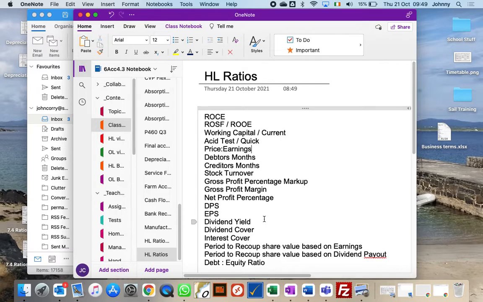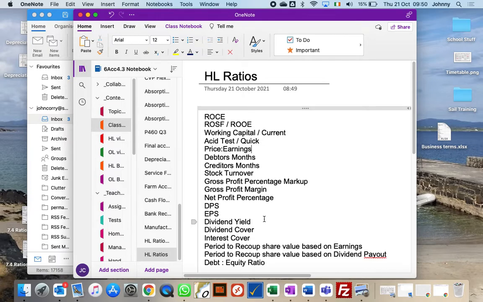But what we're starting to do now is we're starting to look a little bit about investors. Would the investors, either current investors or maybe future investors, so one of the questions they may ask in the leaving cert is, would you consider investing money in this business? Or they might ask you, if you are currently a shareholder in the business, would you be happy? So think of the wording of the question. So we have a new group of headings that we're looking at. So we have profitability, liquidity, risk. Now we're starting to look at the investors' ratios. Are the investors happy with their investment? Or is it a good share to think about investing in?